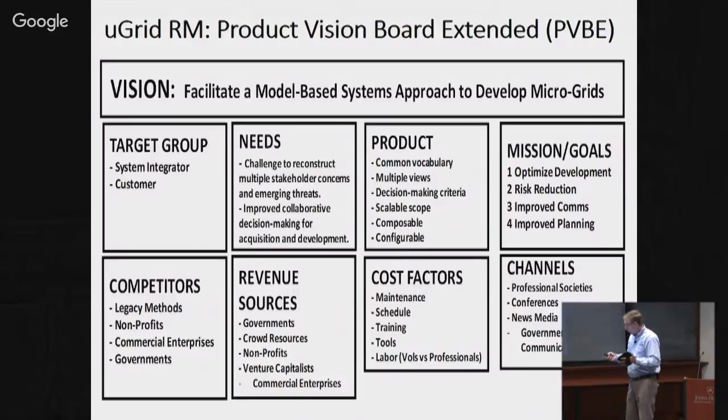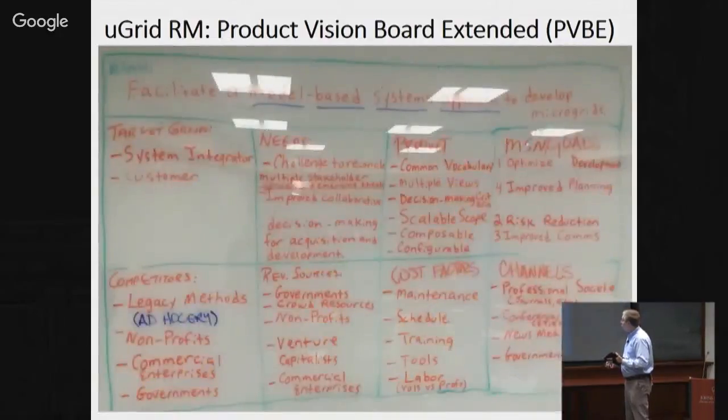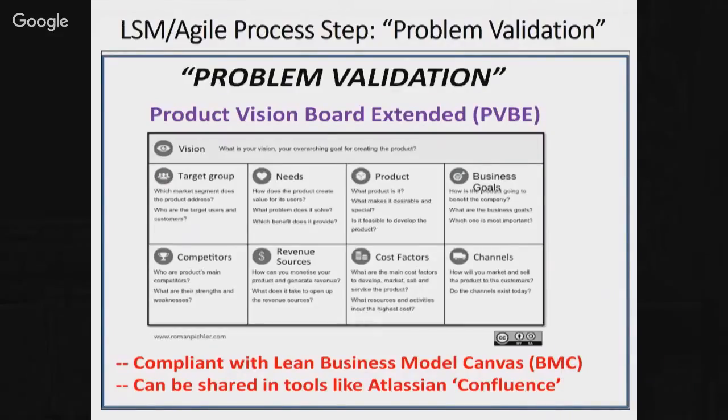You might have noticed that on this one. Can be shared in tools like Atlassian's Confluence. Does anybody here know about the Atlassian tools? It's a good thing as you do, because